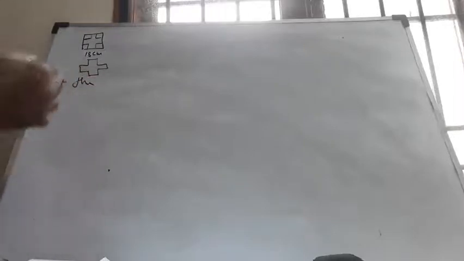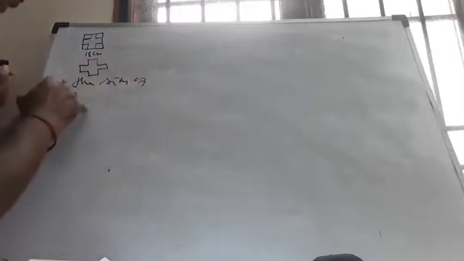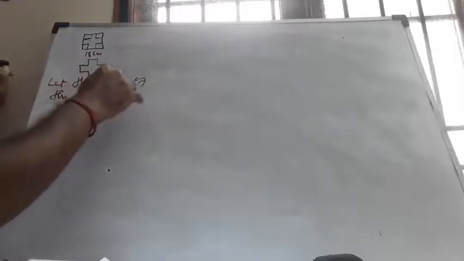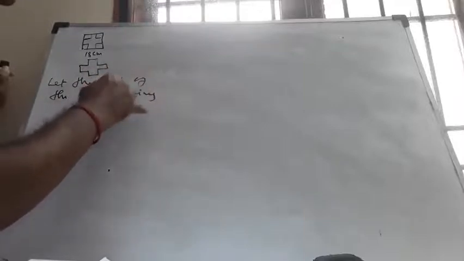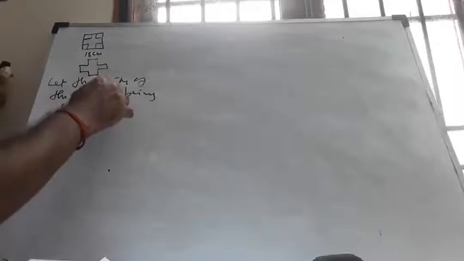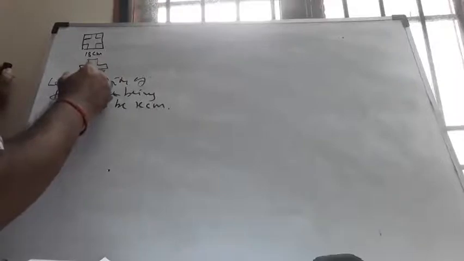I need to take away squares from each corner. I am supposed to take squares from each corner like this, and I'll get a situation like this. Now I'll fold the remaining flaps to form an open box. Find the side of the square to be cut off for the volume of the box to be maximum possible. Let the side of the square being cut off be x centimeters. This is x, this is x. Therefore, this will become obviously 18 minus 2x.